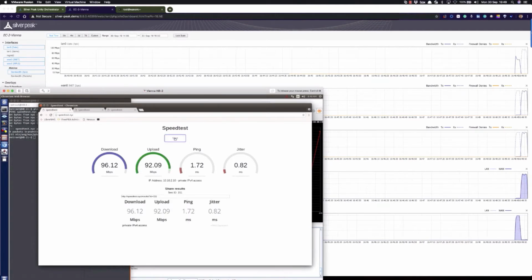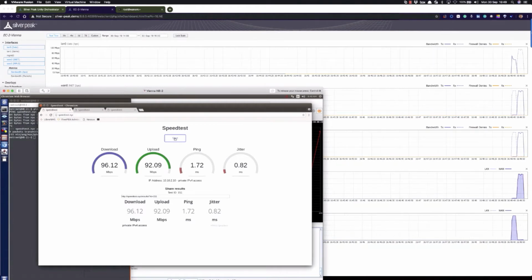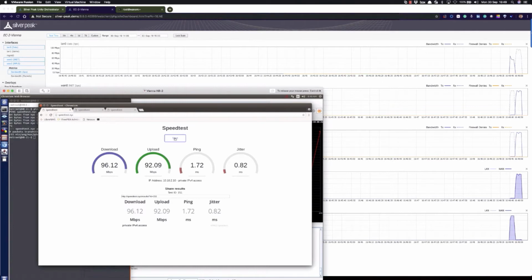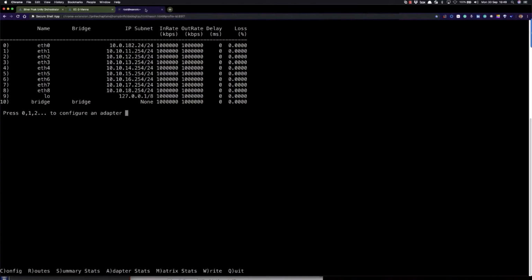So there you can see what we would expect. Not quite the full 100 meg, but within reason, within 10% of the available bandwidth from a TCP perspective. I'm now going to add some latency initially to the internet link, which is E7. So I'm going to add 50 milliseconds there. That's unidirectional, round trip that'll equate to 100 milliseconds. 1% loss for the internet link. And then I've added 50 milliseconds and 0.5% loss to